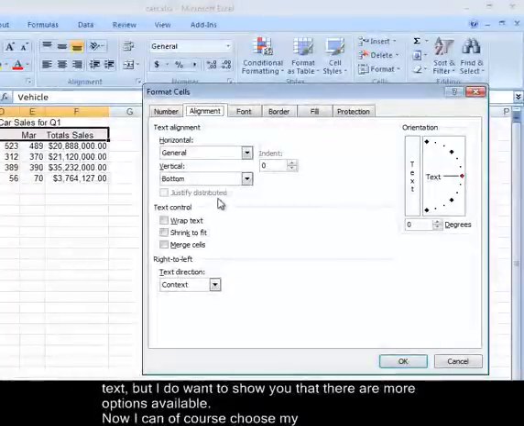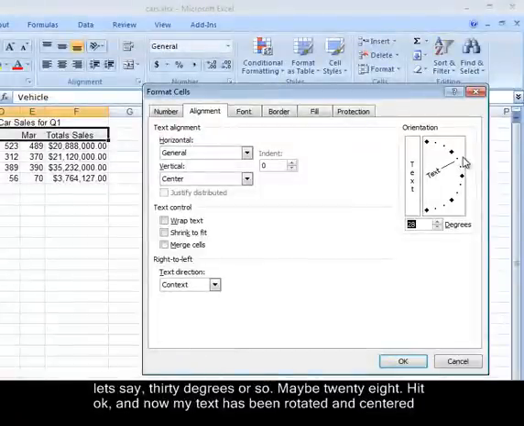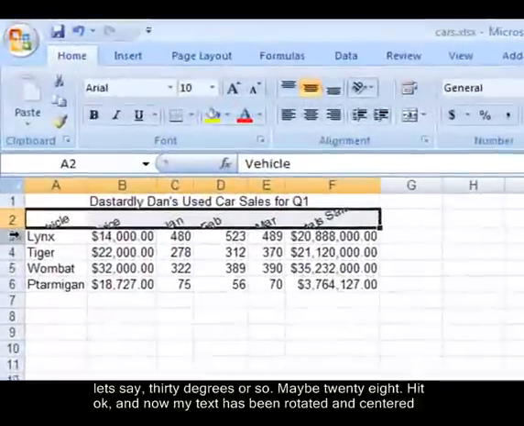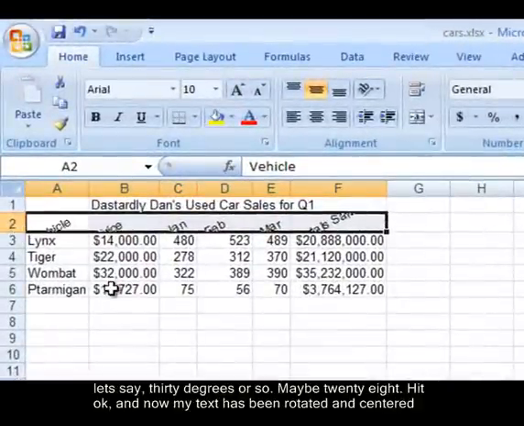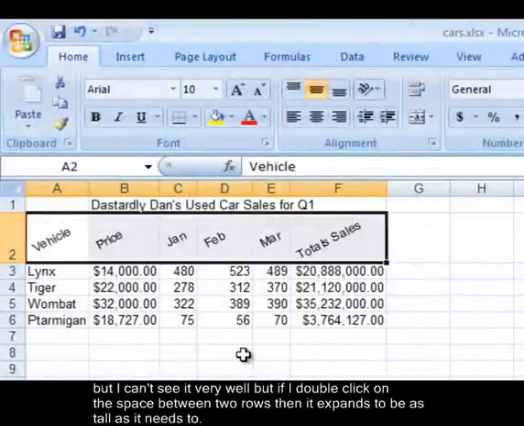Now I can, of course, choose my vertical alignment, which is for centering. And if I wanted to, I can even change the angle of this text to a few degrees. Let's say 30 degrees or so, maybe 28. We'll hit OK. And now my text has been rotated and centered. But I can't really see it very well. But if I double click on the space between two rows, it expands to be as tall as it needs